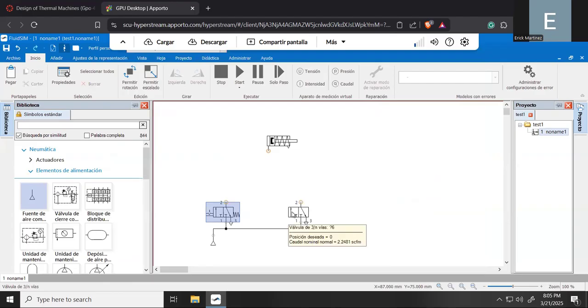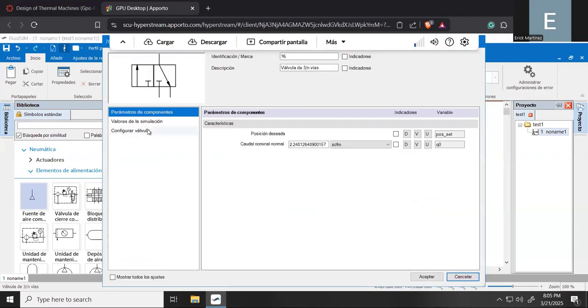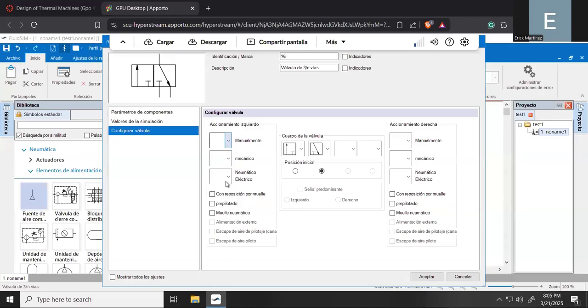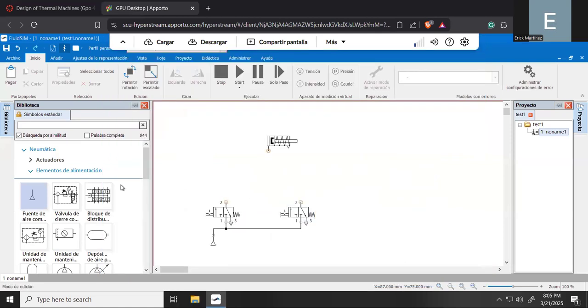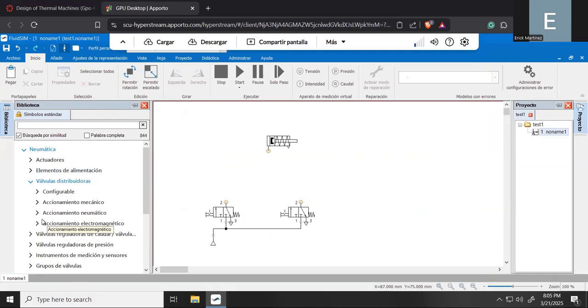And I will do the same for the other directional control valve. Okay, you place here a button, an interlocking button for the left actuation, and for the right actuation, I will be using a reposition spring. And you can notice that the actuation mechanisms are shown here in the symbol of the directional control valve, and then you click OK. Now, one of the things that I wanted to make is to establish